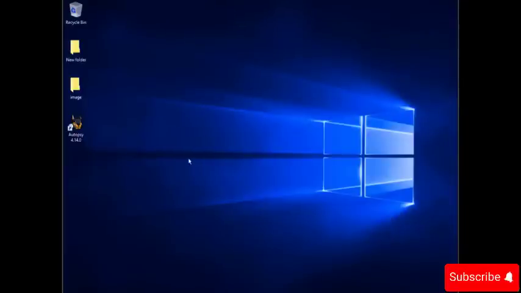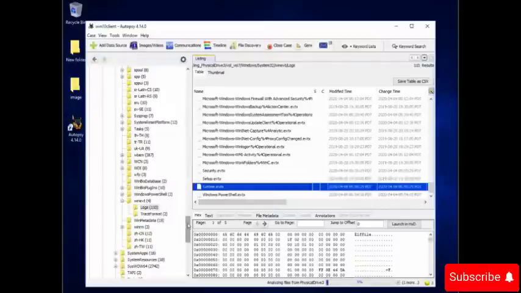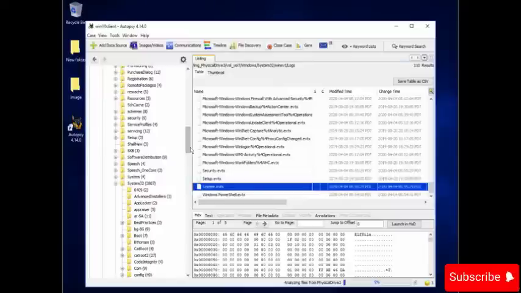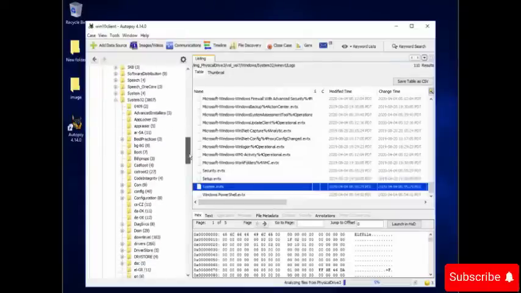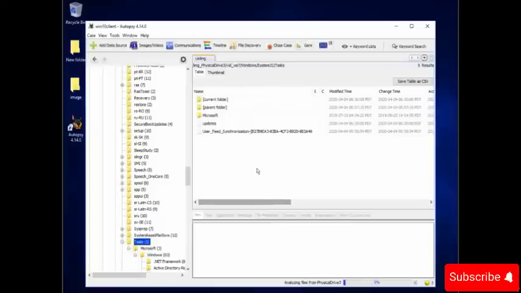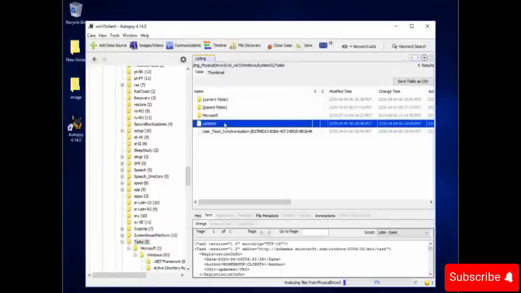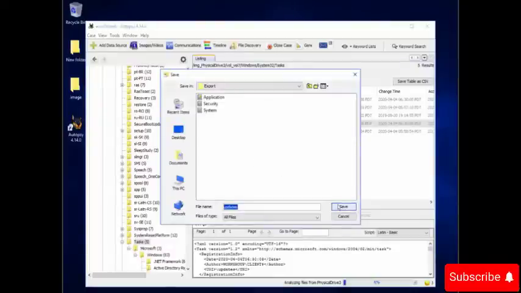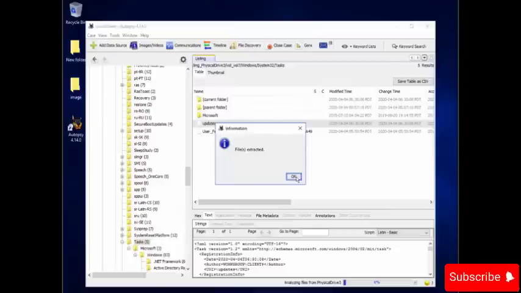Now let's open the tool again and look for the Windows folder and then System32. Now we have to look for tasks. Open the tasks folder. When you open it, you will see a file with the name updates. Now this file looks suspicious because it was created at the same date and time as the alert we got. Right click, select extract files and click on save and then OK.